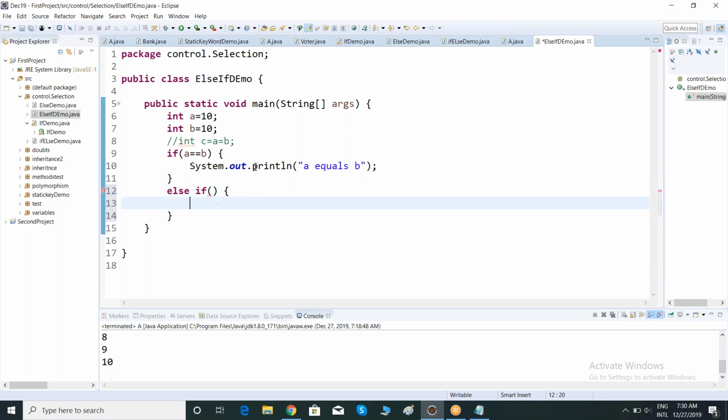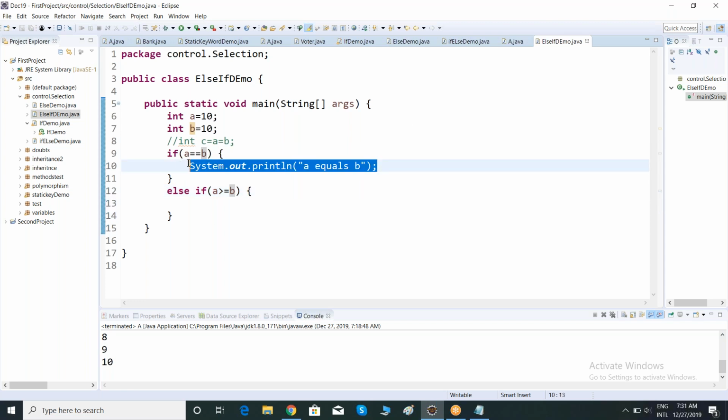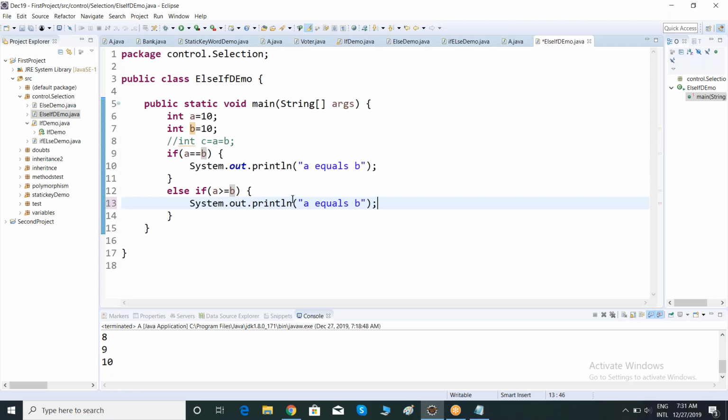You can check the condition by using else if. Now this time I want to check whether a is greater than b. Now I can say here a is not equal to b here,